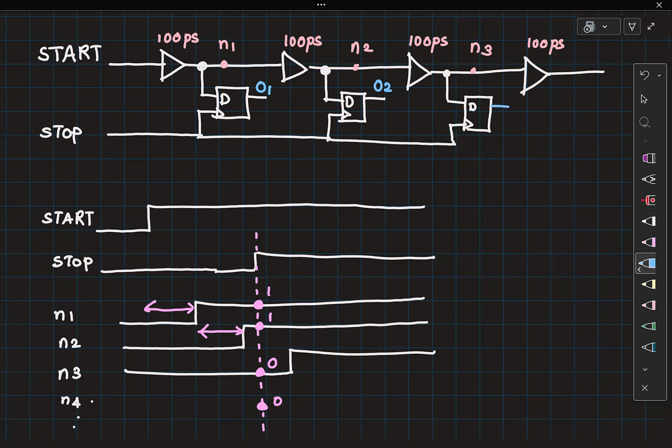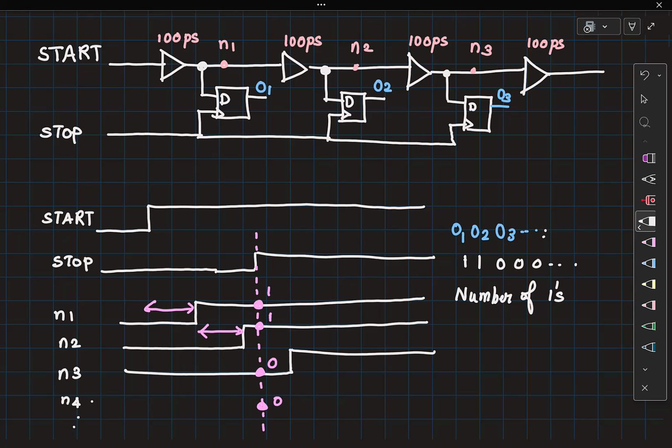Sampling N3, output is O3, etc. So the output of the TDC is right now a sequence of bits O1, O2, O3, etc. And in this particular case, I see that that sequence corresponds to 1, 1, 0, 0, 0, etc. Right? And the number of ones in this sequence is telling you what the delay is, right?